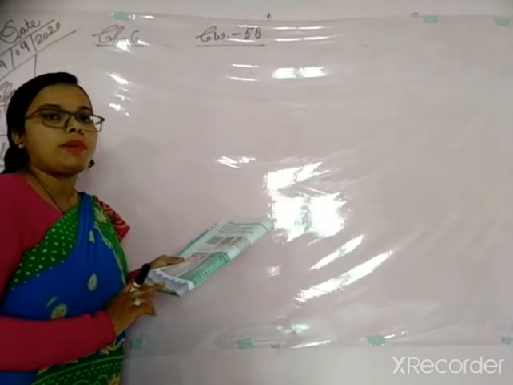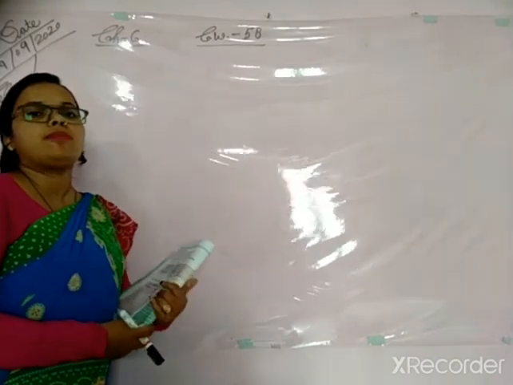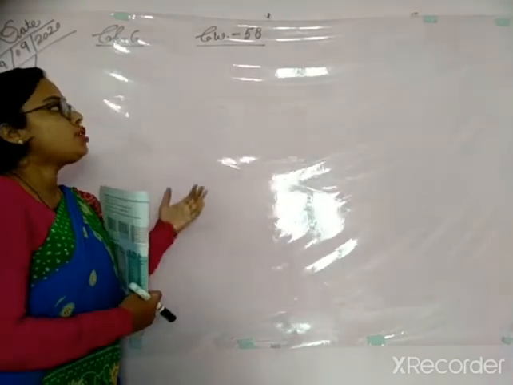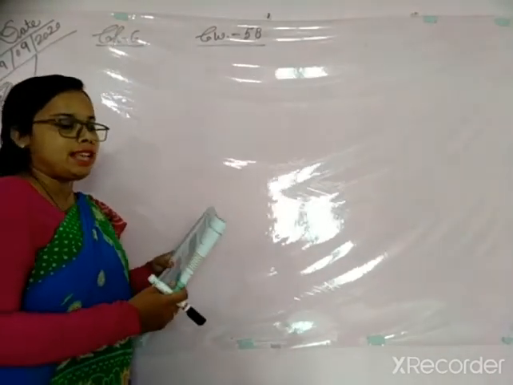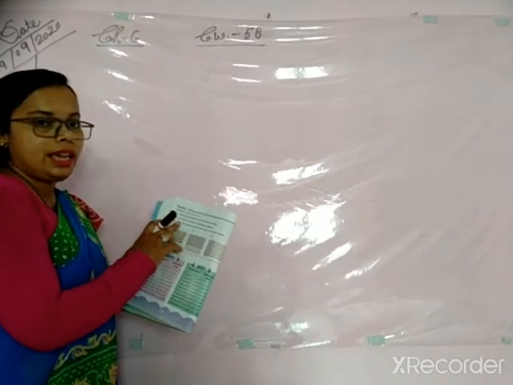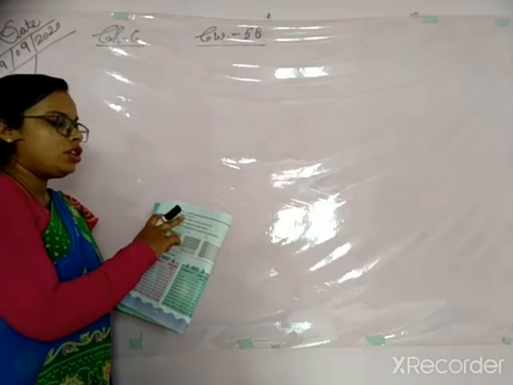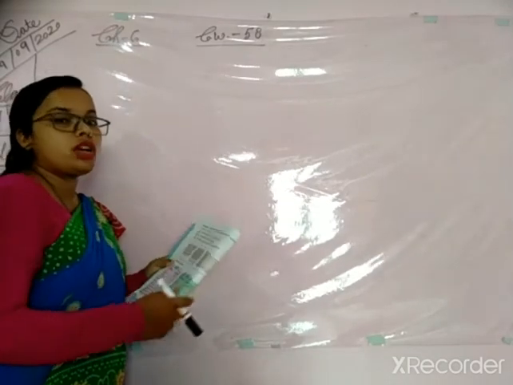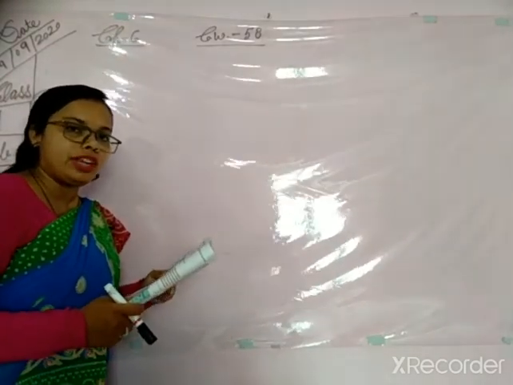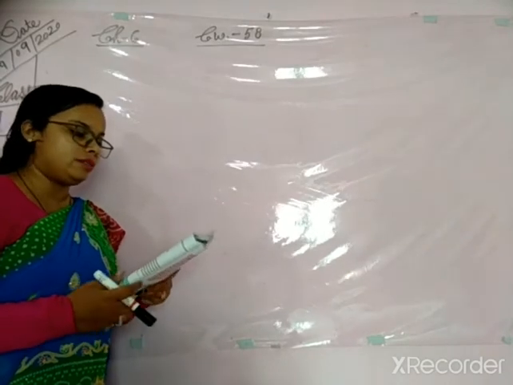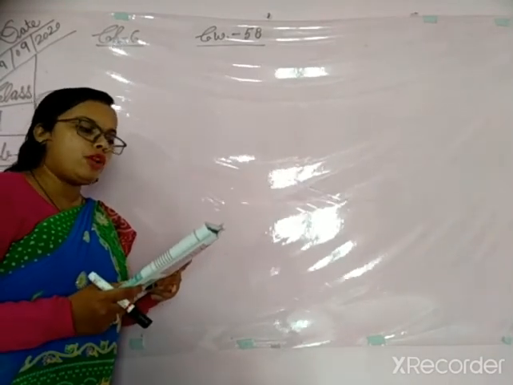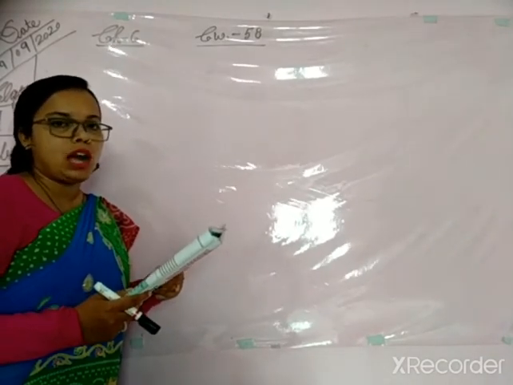First of all, open page number 58 so that you can solve your first exercise. Here, students, see, your first exercise is 'Practice in your notebook'. So see what is question number 1. Everyone start reading question number 1 with me. Construct the table of 4 and 6 by skip counting.